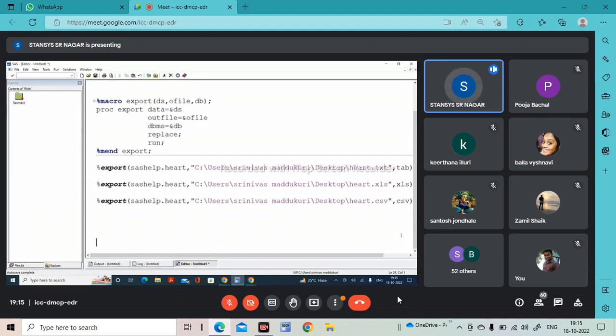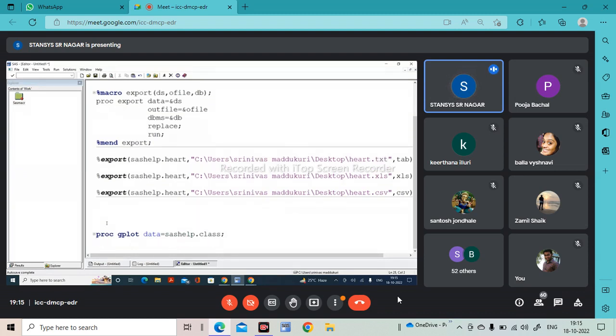I want to develop a macro for gplot. What is the basic syntax that you can write for proc gplot? We should write proc gplot, data is equal to the data set name, which is SAS_help.class, for example. Then what should we write? We should write a plot statement, and I told you on the left axis we are going to have